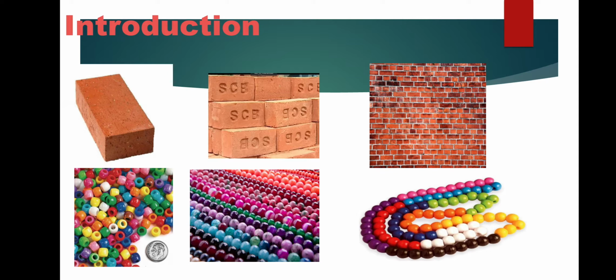Okay, you might have seen this. What is this one? First one, it's a brick. This is a number of bricks. Some bricks are arranged. And what is this? This is a wall made with concrete and bricks. So if you take these properties, this is the one which is made of the brick. The main building block is brick. This I just showed to show the number.